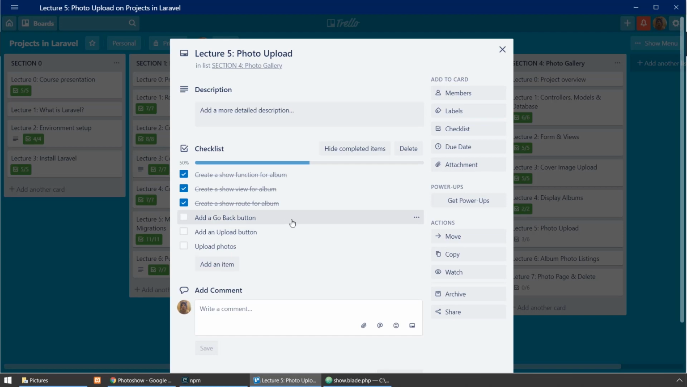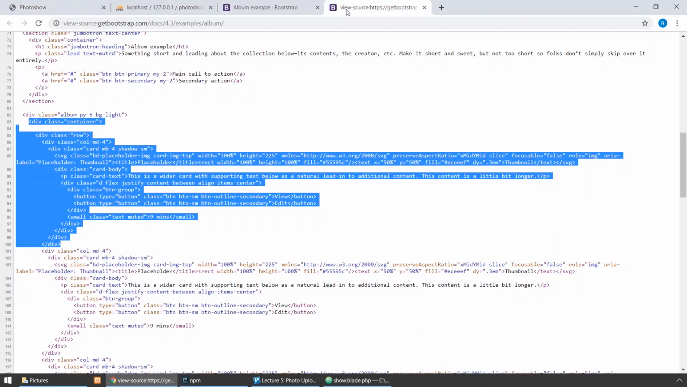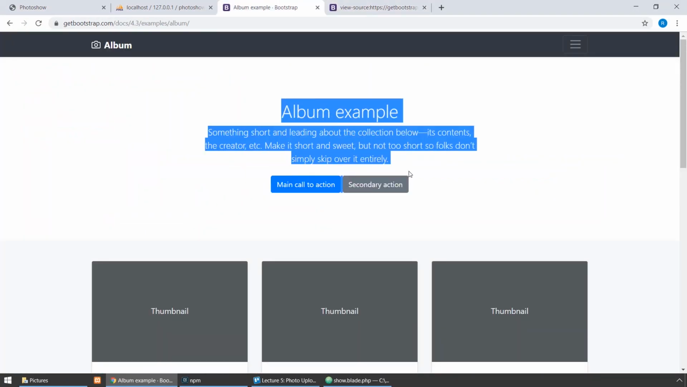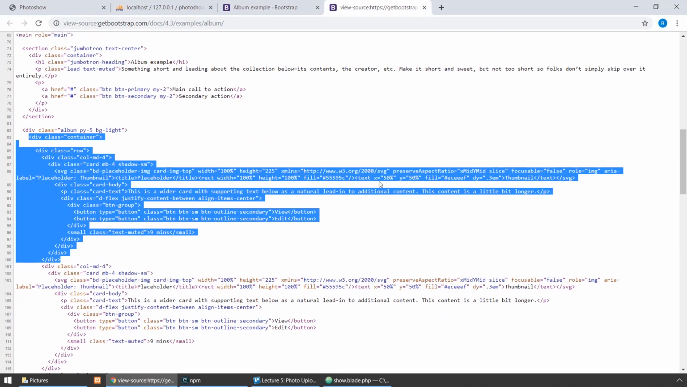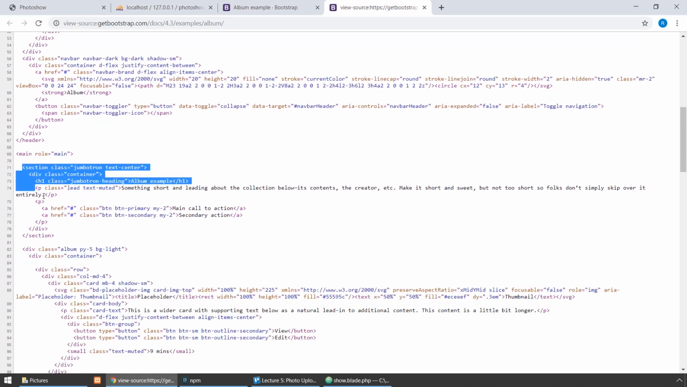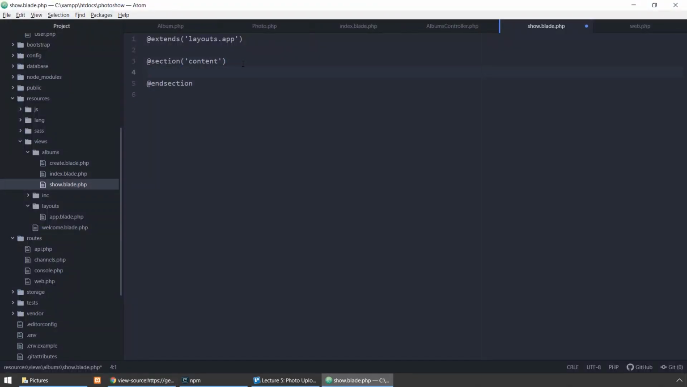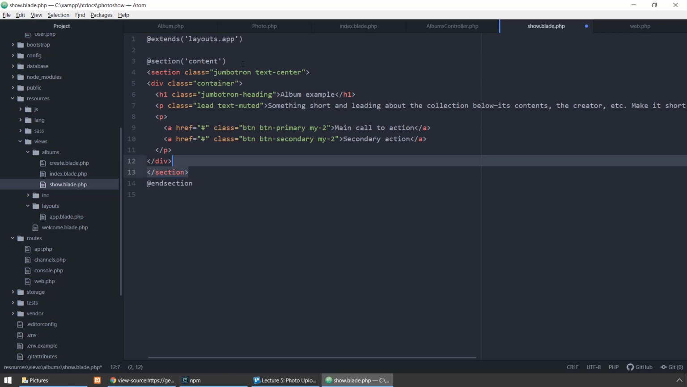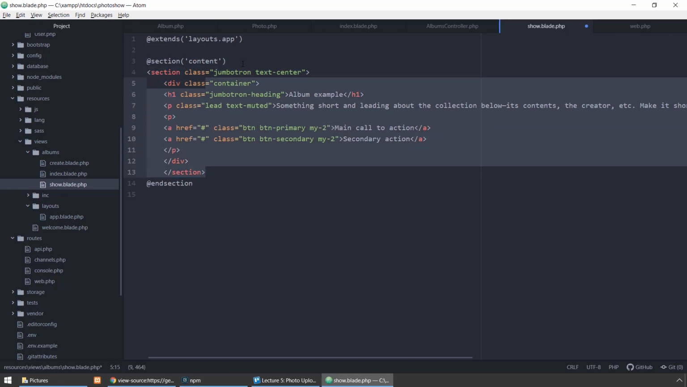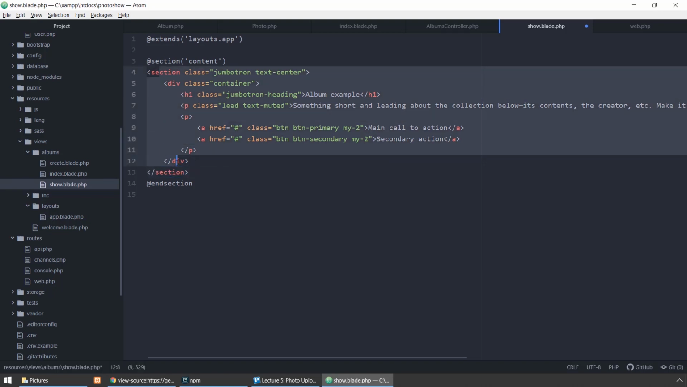So let's add a go back button. And for this, let's go back to Bootstrap and let's just grab this whole code, which I think is the Jumbotron call to action and secondary action. Yes. And let's paste this into the show content. I'm going to rearrange this as always. Great. And now we have our Jumbotron,